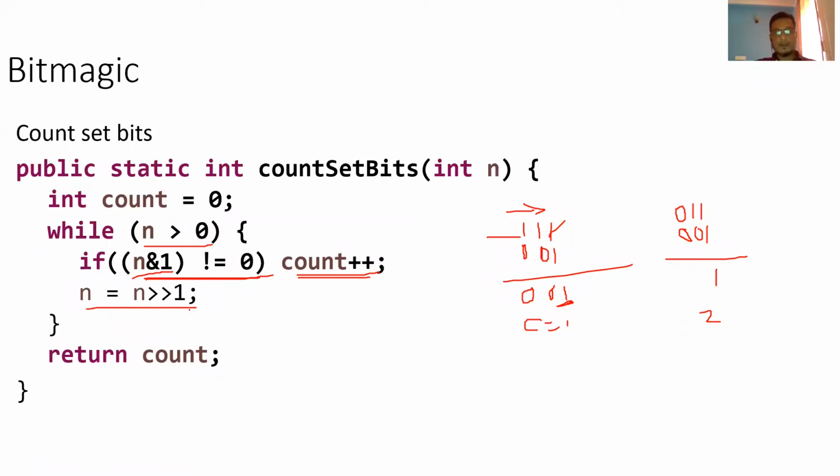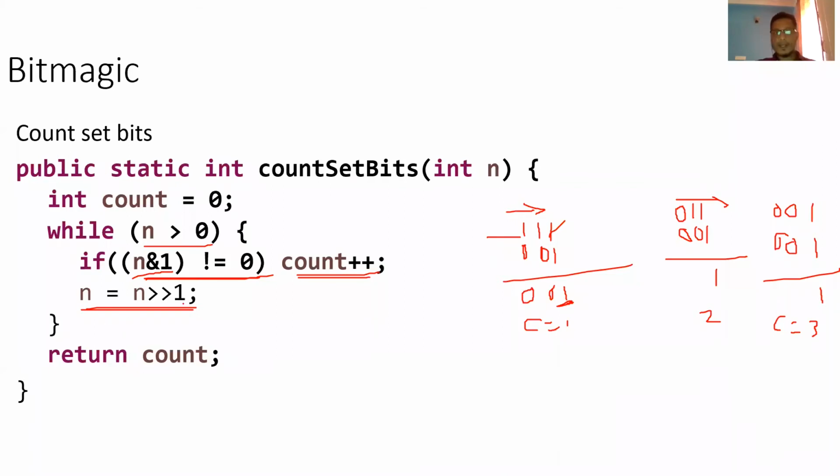And again the same operation. Again I will right shift by 1 position. So if I right shift by 1, what is the output? It will be 0 0 1, right? The leading 1 will go off, and the 1 which was there will go and sit here. Again, I check the condition n is greater than 0. Yes, it is greater than 0. So it comes inside the loop and tries to AND with 1. When you do AND with 1, again you will get output as 1. ANDing 1 with 1 is 1. So you will check it is not a 0. Yes, it is not a 0. Your count becomes 3. Right, and now what do you do?